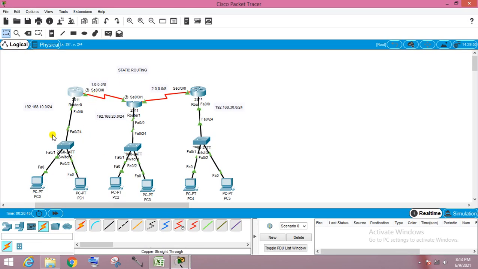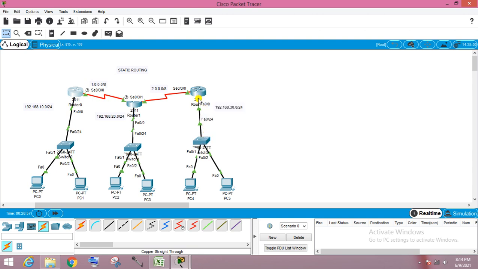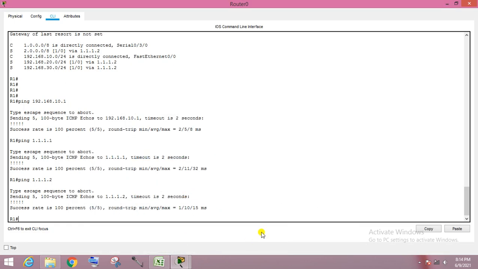This is the 10.1 network, 1.1, 1.2. Now we have to check whether it can reach 2.2 or not. Okay. So we will check it. Ping 2.2. First we check one by one.